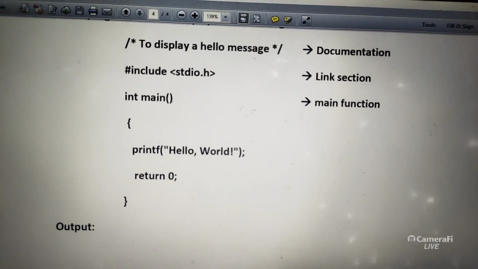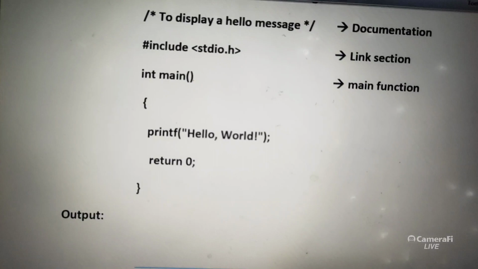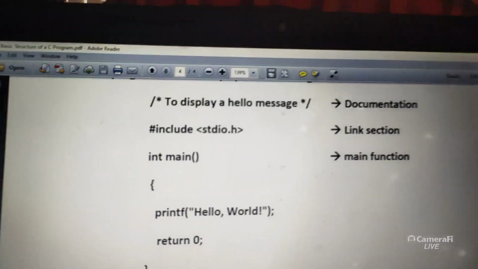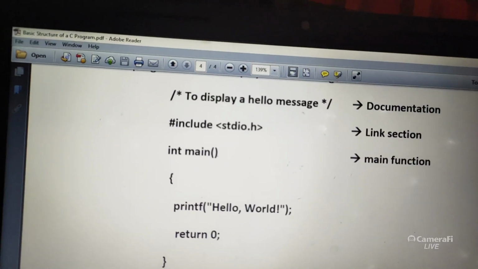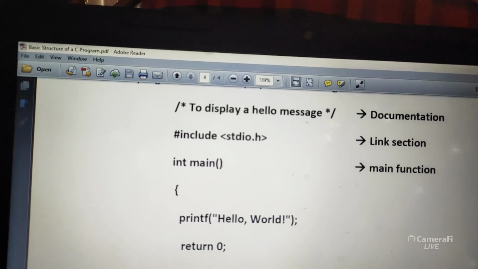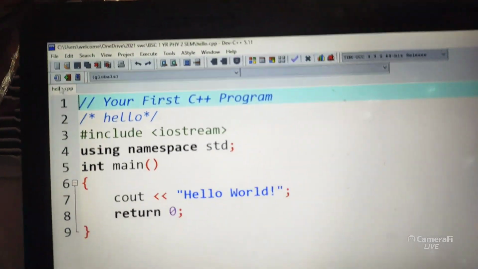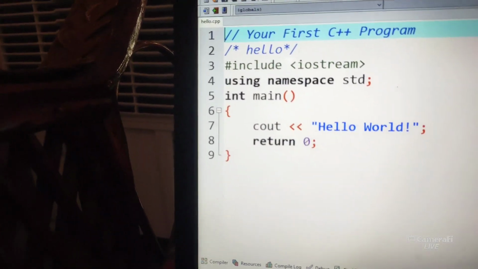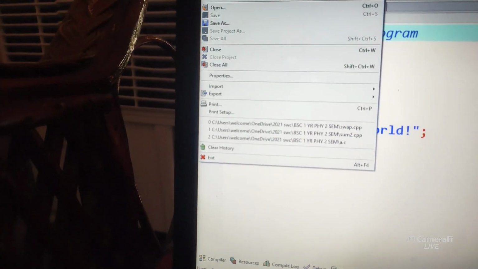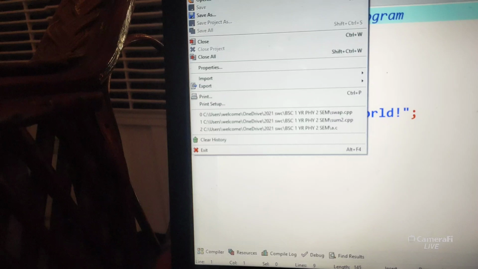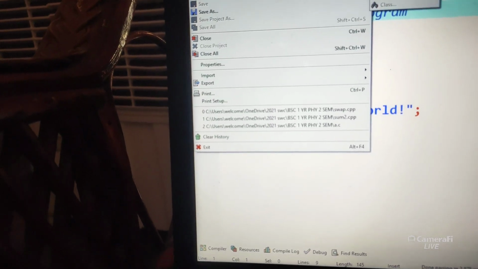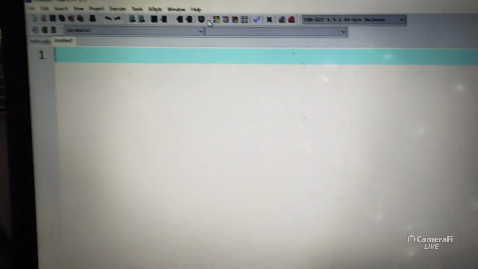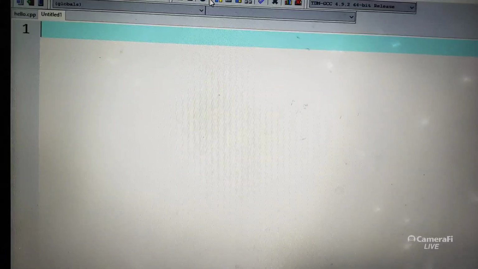Generally a blank window will be given to you when we open the software compiler, and we'll write the program there.